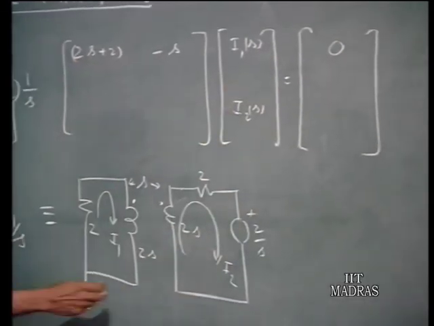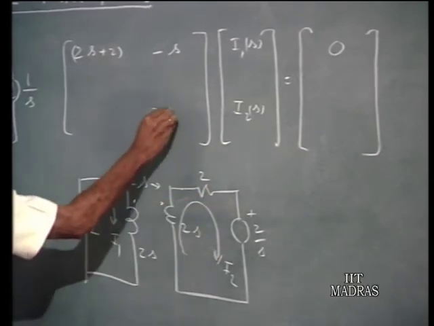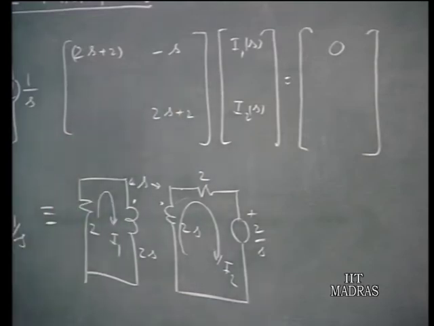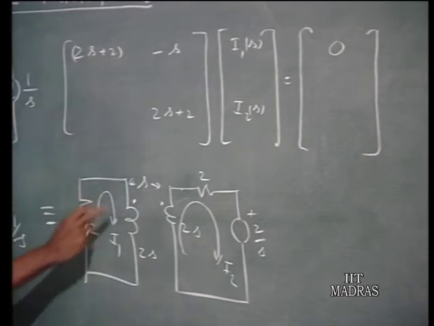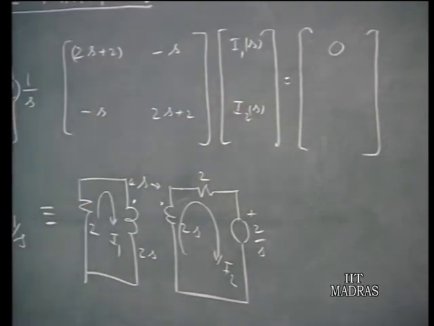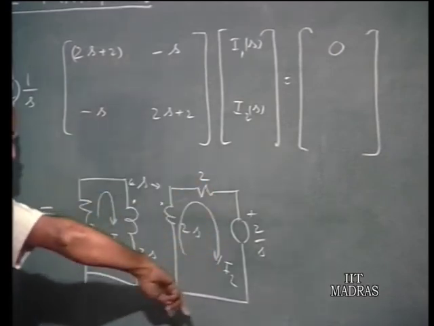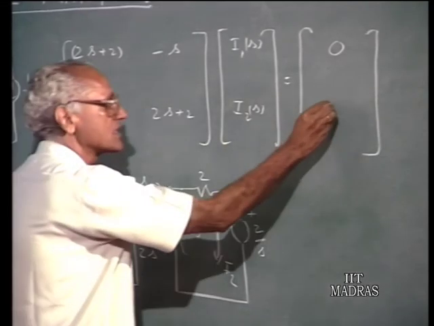Now, for the second loop, the self impedance of this loop is 2s plus 2, and for the mutually induced voltage, again I2 is leaving the dot point and I1 is entering the dot point, therefore, the sign of the mutually induced voltage is negative. The mutually induced voltage has a Laplace transform S times I1, but the sign is negative, therefore, minus S times I1 plus 2s times I2 of S. That must be the net voltage in this loop trying to drive a current in the direction of I2, but the total EMF in the circuit is 2 by S in the opposite direction, therefore, I must write this as minus 2 by S.